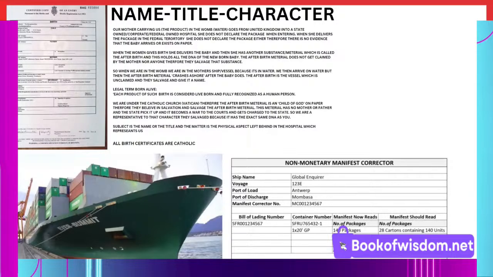So your afterbirth, which we do not take with us, we take the baby with us, they keep that in the hospital, they collect the afterbirth, and they salvage it, and they give it the name, which is us, we are a representative to that afterbirth material which they put the name on, they claimed, which is subject to Rome. So we are walking around our whole lives as a representative to that claimed, salvaged afterbirth material, which the federal state have. Okay?